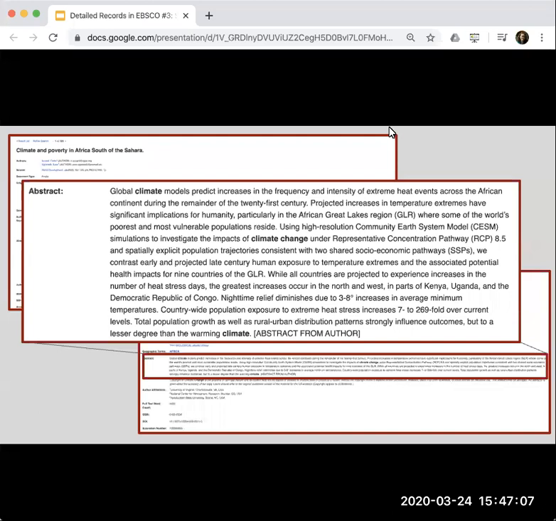Finally, the abstract is an author-supplied summary of the article itself, and we can use the abstract to find a more complete picture of the author's approach to the topic. If we look more closely at the abstract for the second article, for example, we can see that the author used high-resolution community Earth system model simulations to investigate the impacts of climate change,